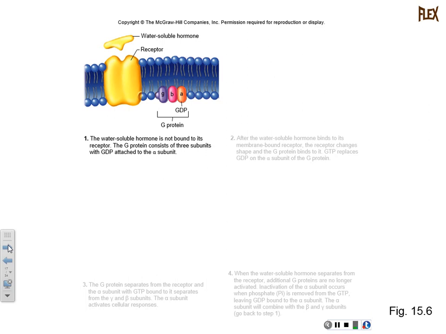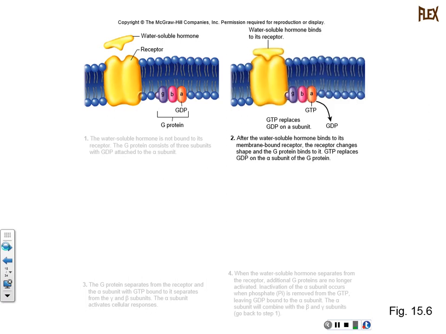Okay, so when the hormone is not attached to the receptor, the transmembrane receptor, what do you have? You've got your gamma, beta, and alpha subunits all attached, but attached to GDP. Okay? So that's the start right there. Then a hormone will attach on the transmembrane protein. Then this becomes activated, and then it will want the 3 subunits, the G protein, to attach. Okay? So the G protein will attach here,